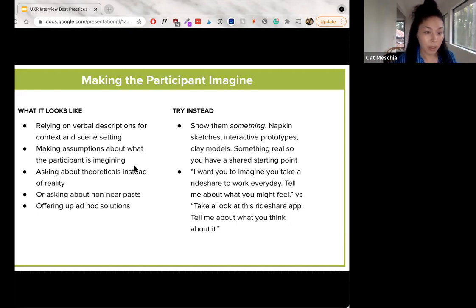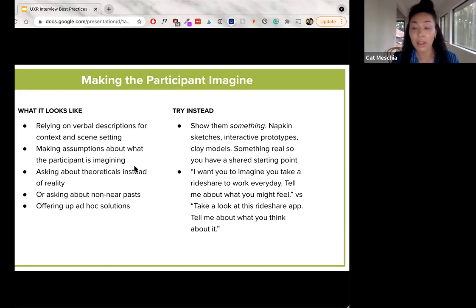And then the last point is you are offering up ad hoc solutions. So if you have a set of screens that is already looking for insights on a specific goal, and all of a sudden you're like, but what if you would like this feature? One, that does nothing for your points of parity unless you're going to edit your screens to make sure that you're asking that for every other person. It's a rabbit hole that's really not worth going down.